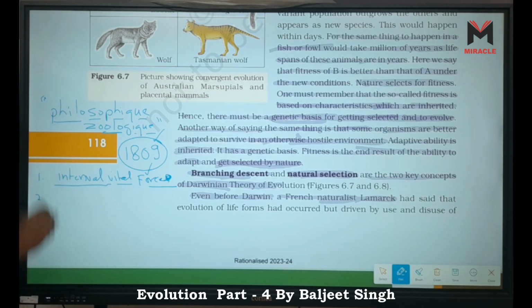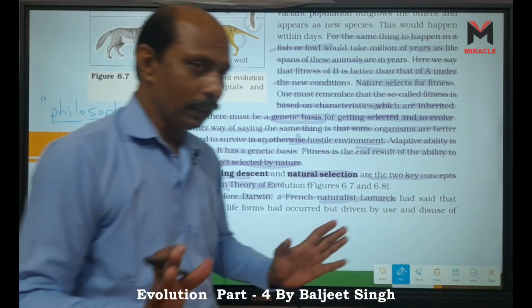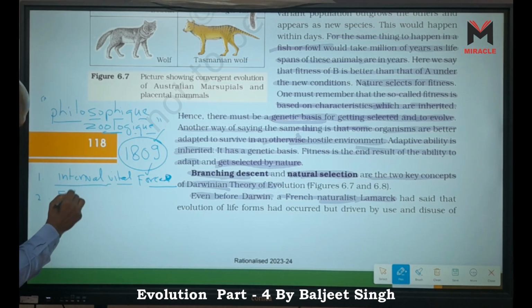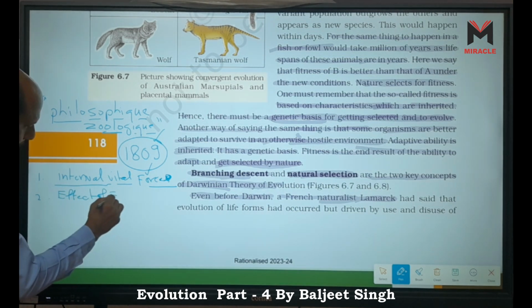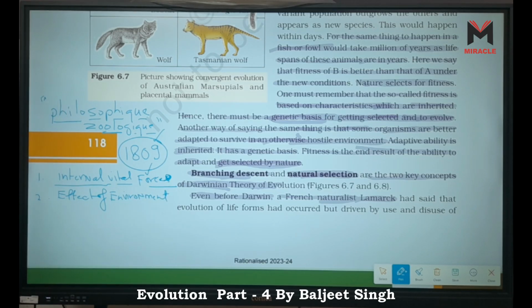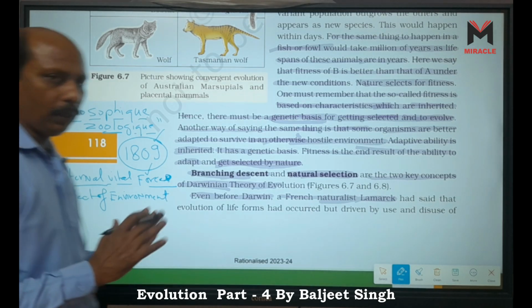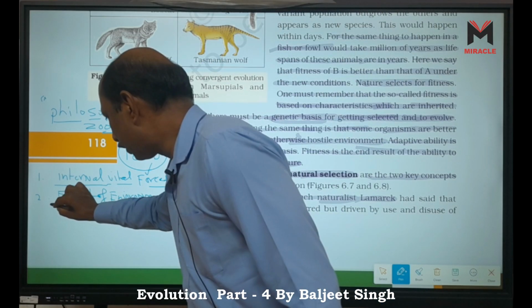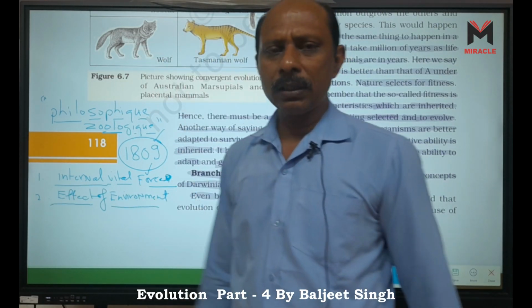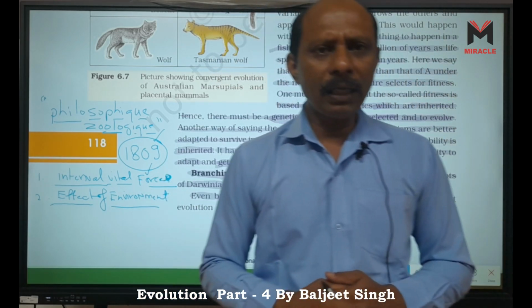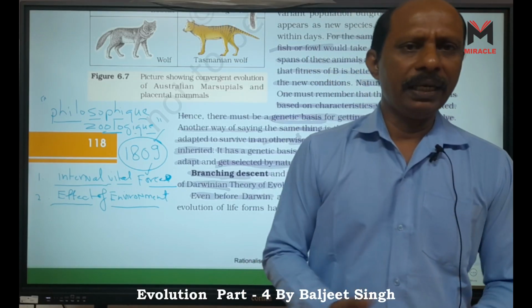The second thing, what is it? Tendency to grow, right? Second means effect. He said effect of environment, right? Second is effect of environment. Environment means that due to the effect of environment, there are some new needs also, right? That means he also understood the effect of environment. Look, dolphins are mammals, whales are also mammals, and because the environment is aquatic, they develop according to their needs.